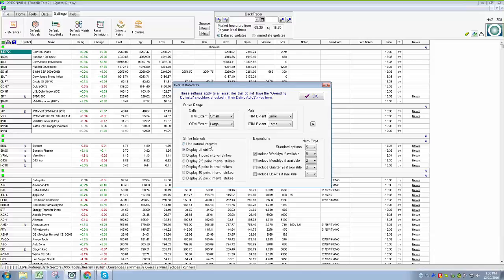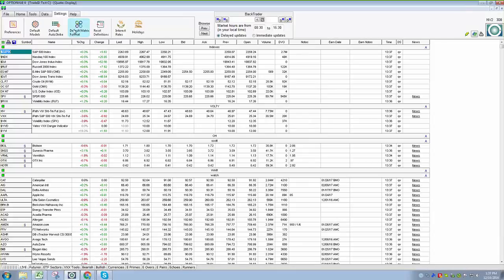So by displaying all strikes, you're going to really open up the ranges you're able to see with the closer in expirations. So I recommend display all strikes, and that's one of the default settings that I would recommend coming in and changing. Okay. The last one I'm going to touch on, well, second to last one, is the default